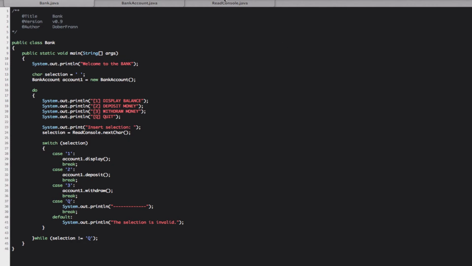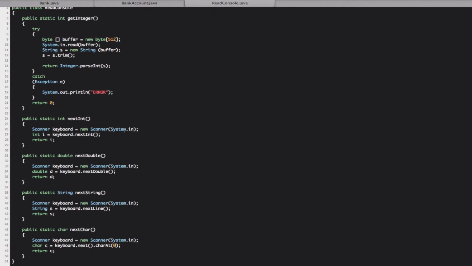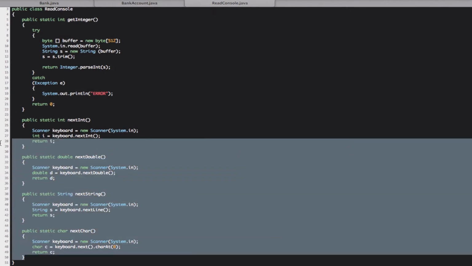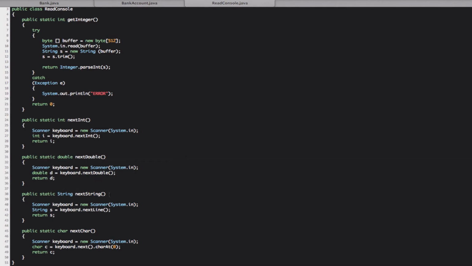First of all, I want to show you in read console. You see here I added two new methods, these two. One is a next string method which reads the string. This is exactly the same as the other two methods before, but we change the type to string. Here we define string s and we return s. And then next char is to get characters. You see that it's slightly different from the others. We have dot next dot